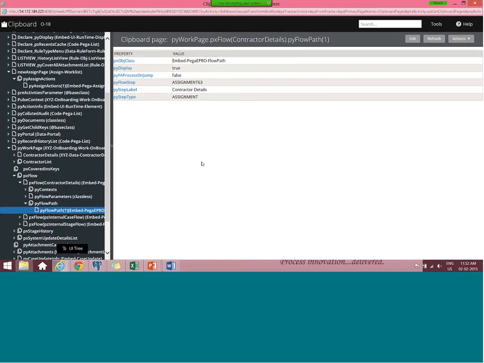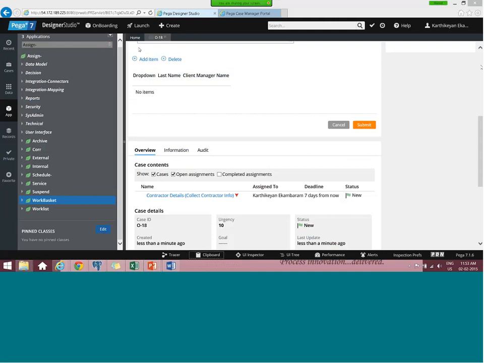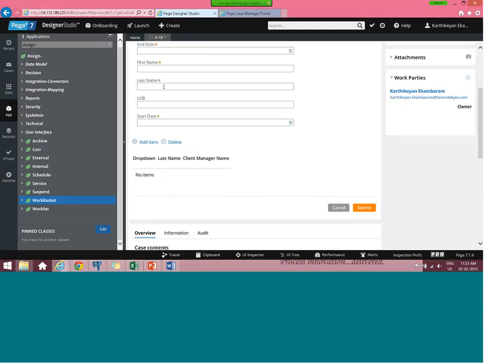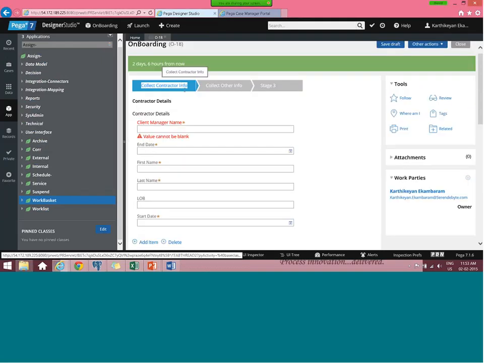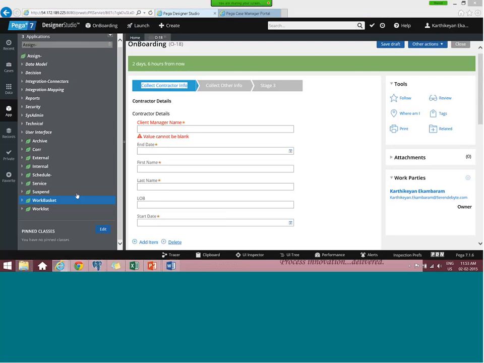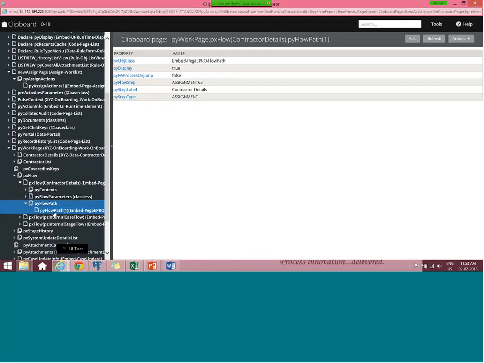I did nothing, I just created, and I'm on the same screen. I just created, came to one connector and came to this assignment. So I have only one flow path over here. If you crossed many, then you can see many flow paths, whether the jump is true or false, whether it processed or not, and what the assignment name is.